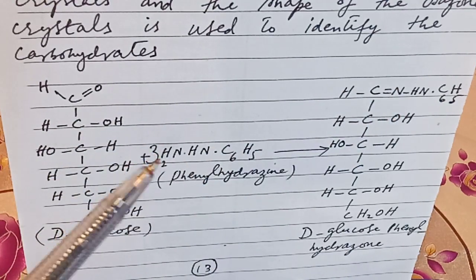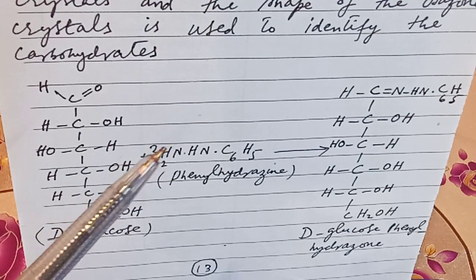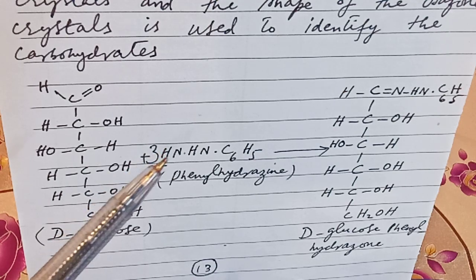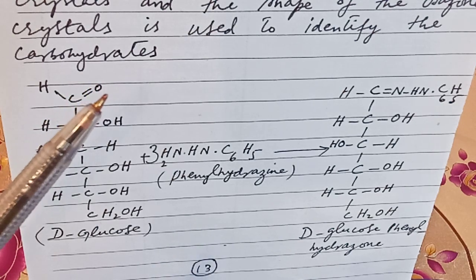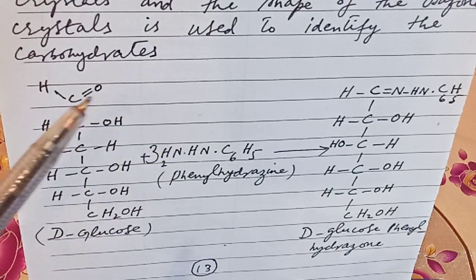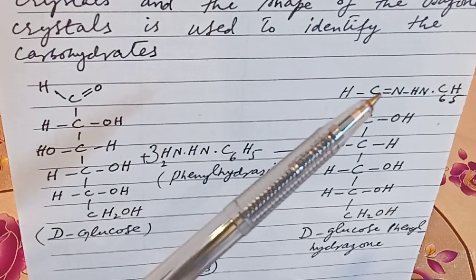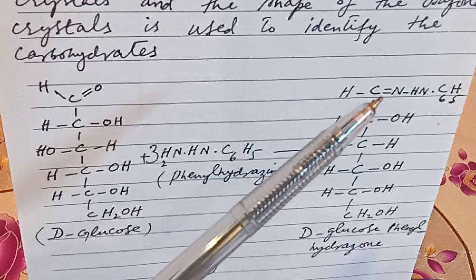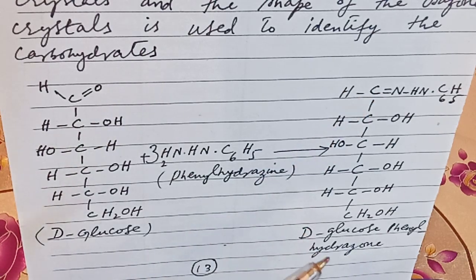Just simple reaction is here. These 2 hydrogen, understand this here. C6H5NH2, the 2 hydrogen atoms reduce the oxygen negative charge, resultantly the water molecule formation, and this nitrogen will share with the double bond position of this carbon, like this. Double bond position, covalent bond structure will be formed. Covalent bond of hydrogen atom will be formed. Therefore, the D-glucose phenylhydrazone will be formed. D-glucose phenylhydrazone will be first formed initially, which is an unstable intermediate. Right?